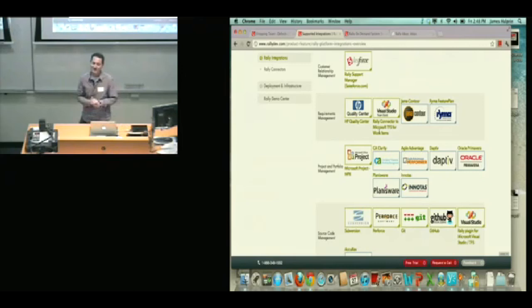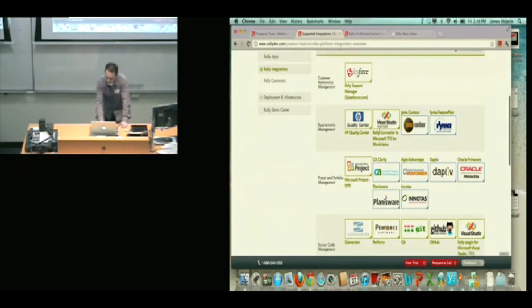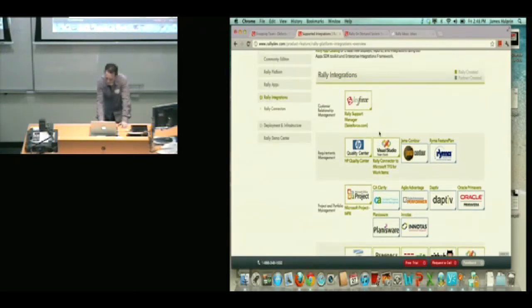Those integrations are bi-directional. The whole idea is that if your test team, for example, works in HPQC, they can continue to write their bugs and test cases in QC. But with the integration, it will push them into Rally. Then the dev team can use Rally, update the status of them in Rally, and that updated status gets pushed back to HPQC. So you don't have to double enter the data, and both systems are always showing the most accurate information. That's also a big part of it. We don't want Rally to be an island.